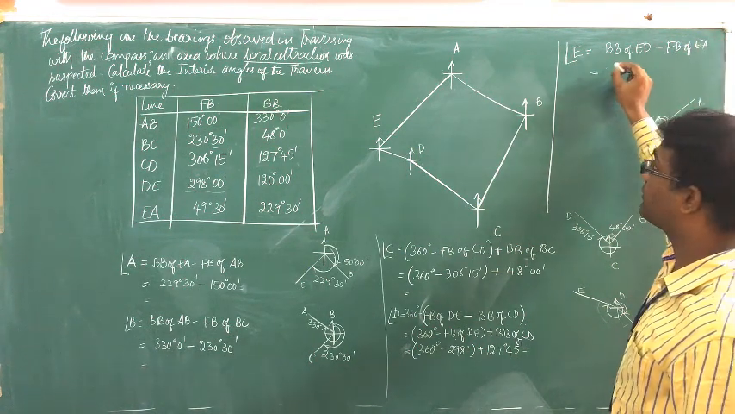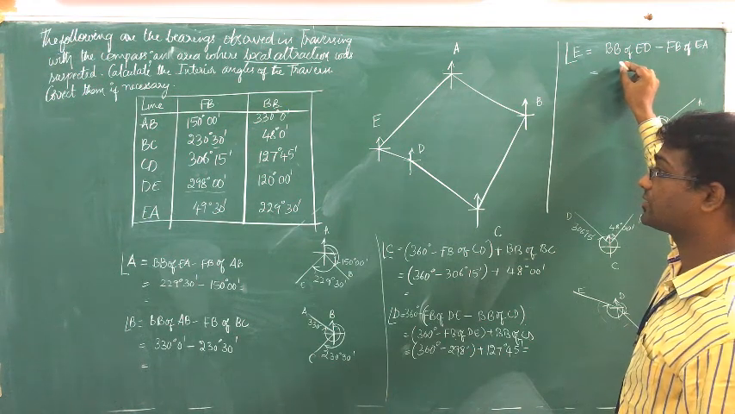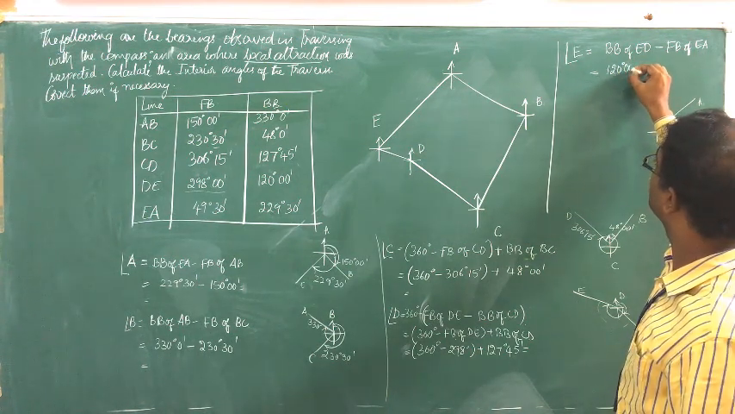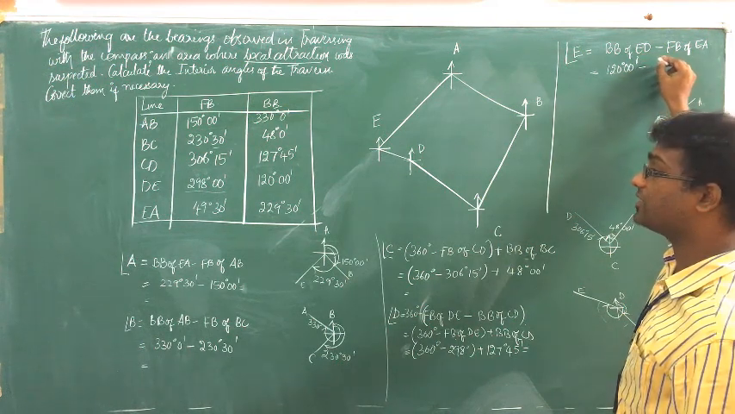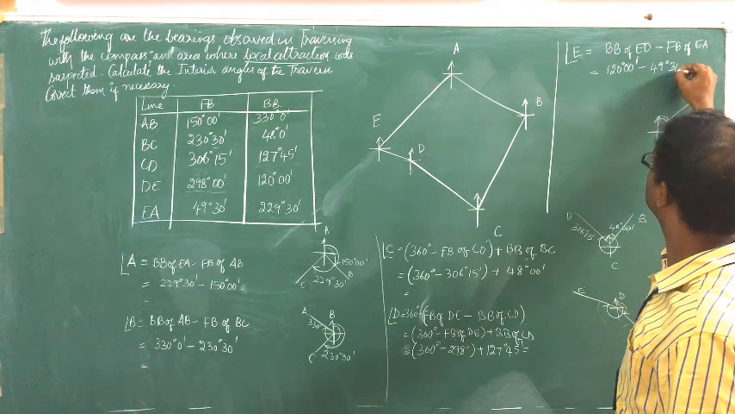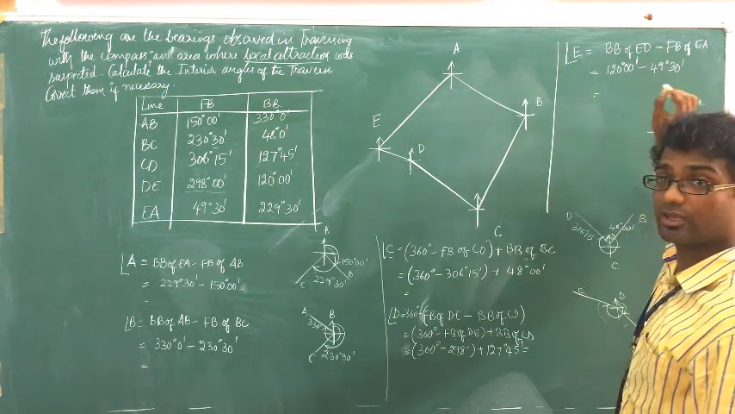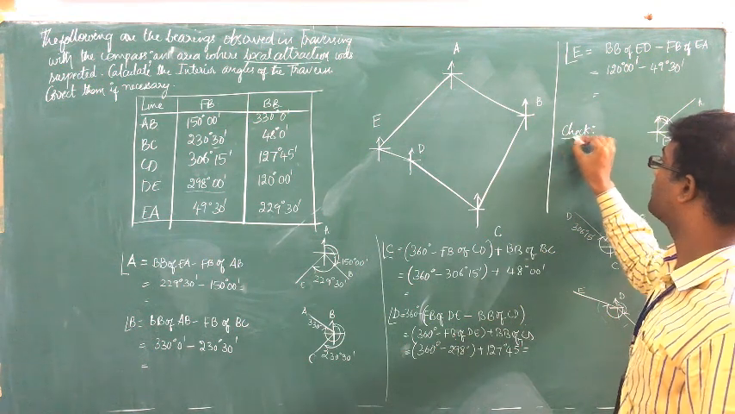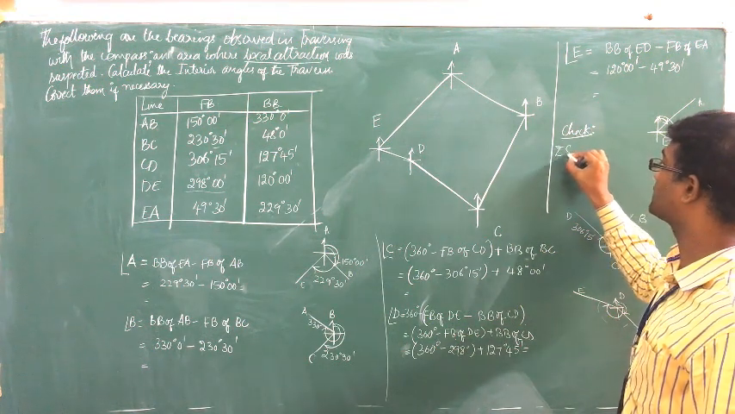So back bearing of ED is 120 degrees minus bearing of EA is 49 degrees 30 minutes. Now calculate this value. Now we have to check the sum of interior angles